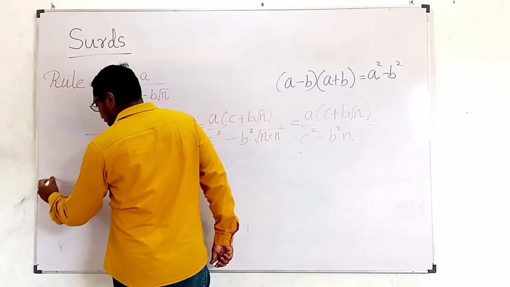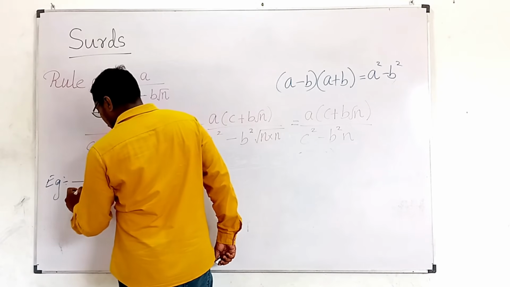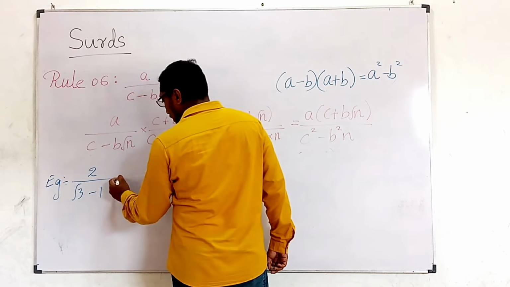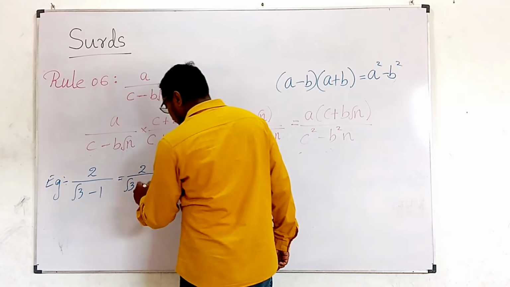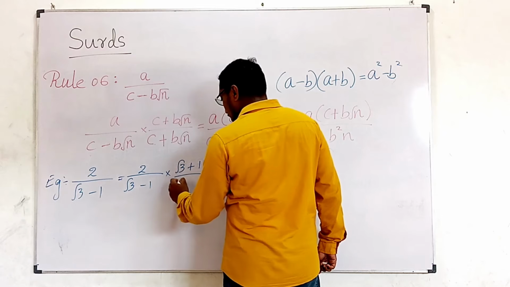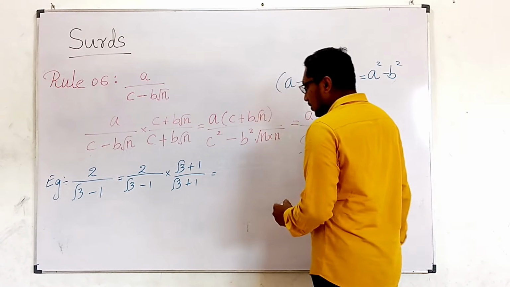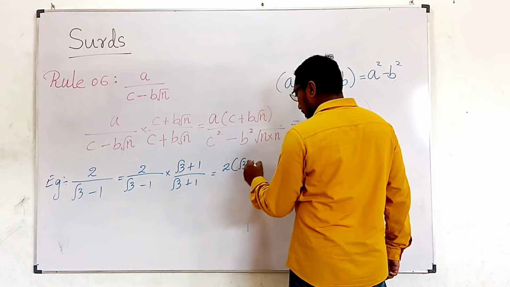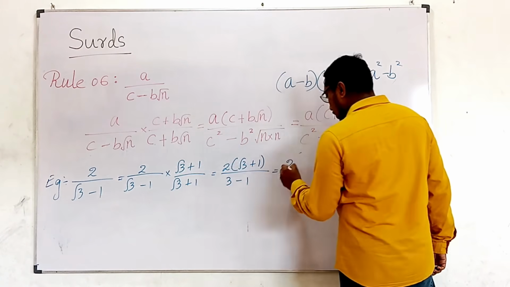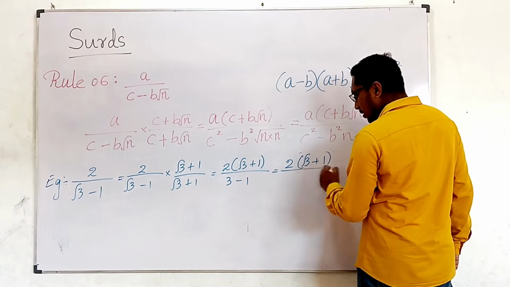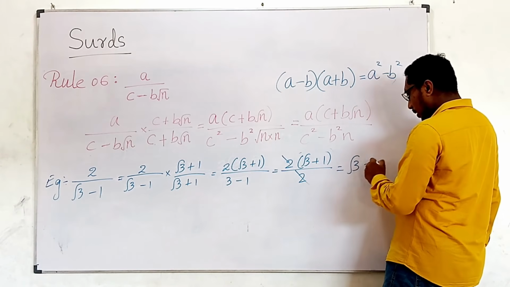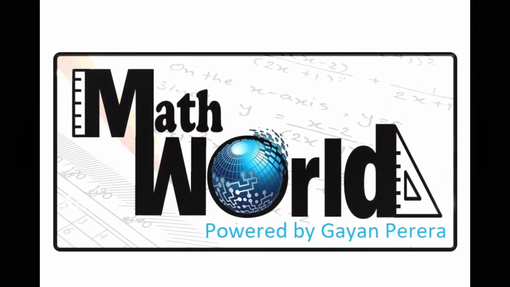So we look into an example. Now hope you can understand what's the number we use to multiply. It is nothing but root 3 plus 1, root 3 plus 1. So then 2 times root 3 plus 1, and here root 3 into root 3 is 3, 1 times 1 is 1. So 2 root 3 plus 1, 3 minus 1 is 2. Here luckily you can cancel off these 2. So final answer will be square root 3 plus 1.